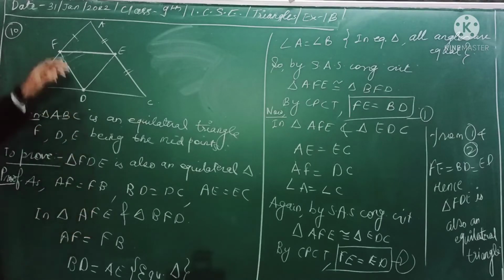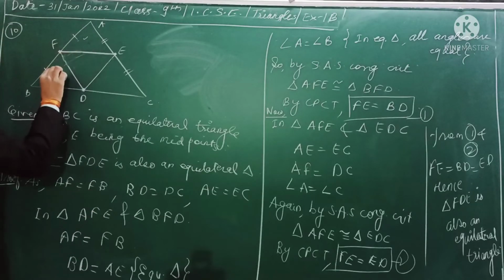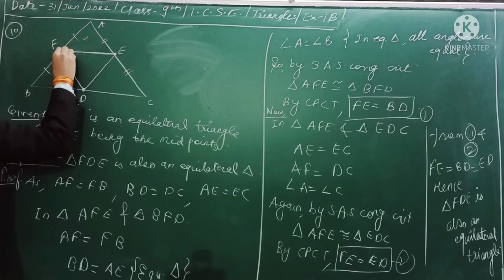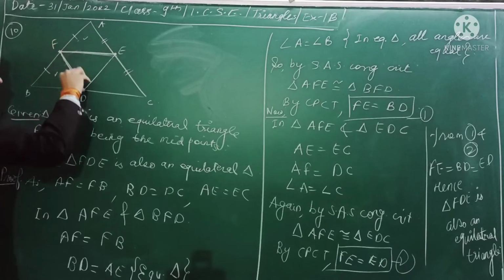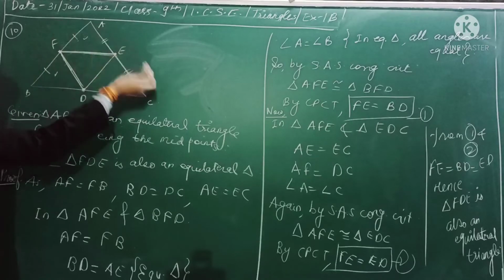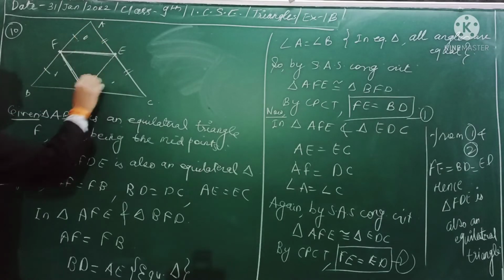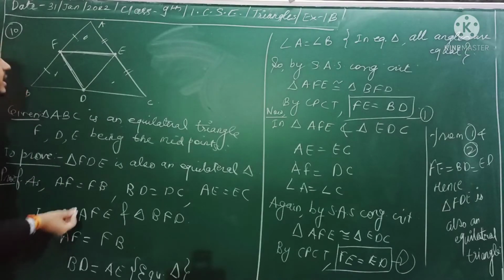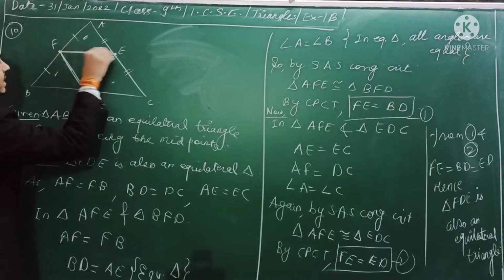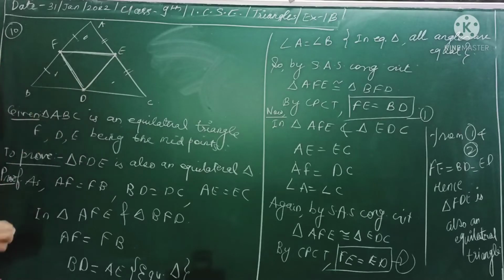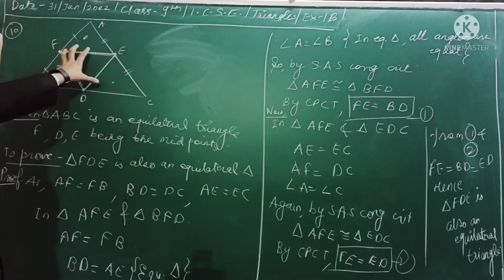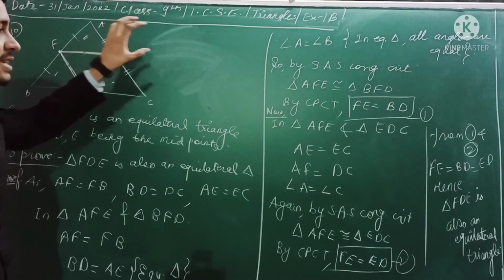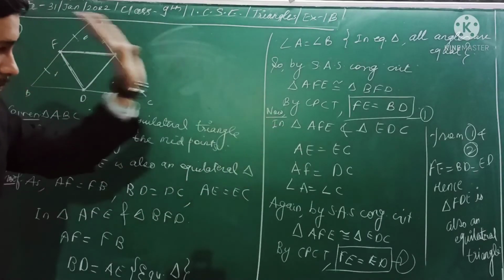In triangle, let us take these two triangles, this one and this one. Why are we taking these two triangles? Because in these two triangles we will prove that they are congruent, and by CPCT we will prove that this side is equal to this side. Then on the other hand, we will take this triangle and this triangle, and with the help of congruency criteria, again we will prove that this side is equal to this side. So using these two equations we can get that all the three sides are equal, and so I have done this proof.